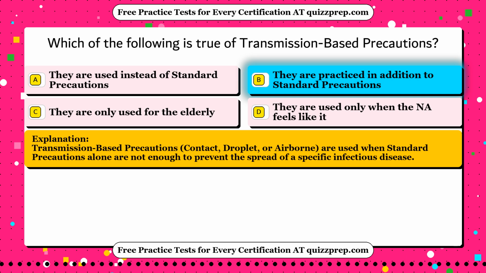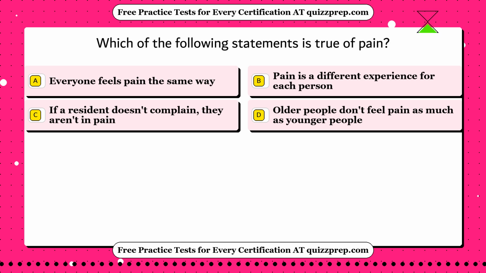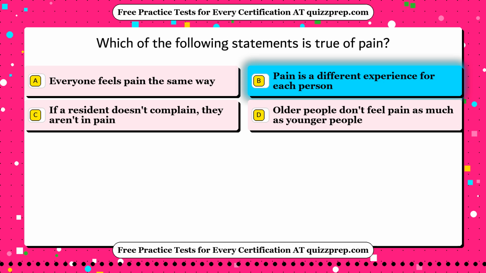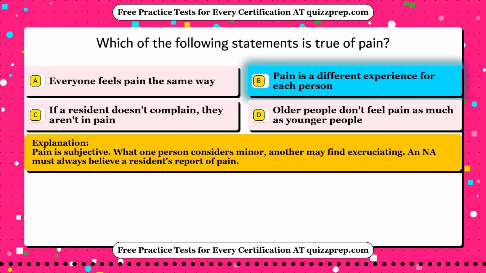a specific infectious disease. Question 99. Which of the following statements is true of pain? Option A, everyone feels pain the same way. Option B, pain is a different experience for each person. Option C, if a resident doesn't complain, they aren't in pain. Option D, older people don't feel pain as much as younger people. The correct answer is option B, pain is a different experience for each person. Pain is subjective. What one person considers minor, another may find excruciating, and NAs must always believe a resident's report